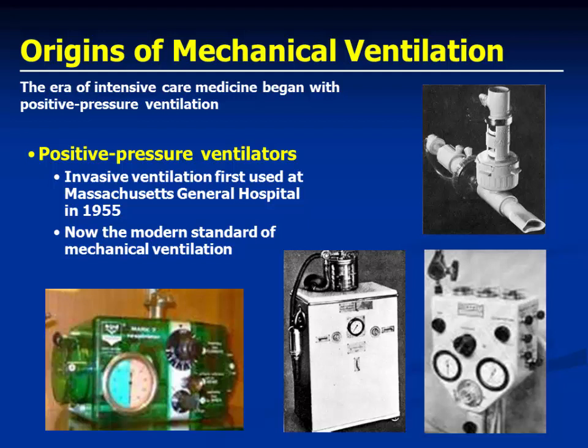These are the modern ventilators. So positive pressure ventilation started at Massachusetts General Hospital in 1955, not very old. And these are different types of old ventilators. I don't know whether you have seen these or not, but I got the chance to use this ventilator way back, 30 years back, in a government hospital. They were being fixed on an IV pole and we used to use them.